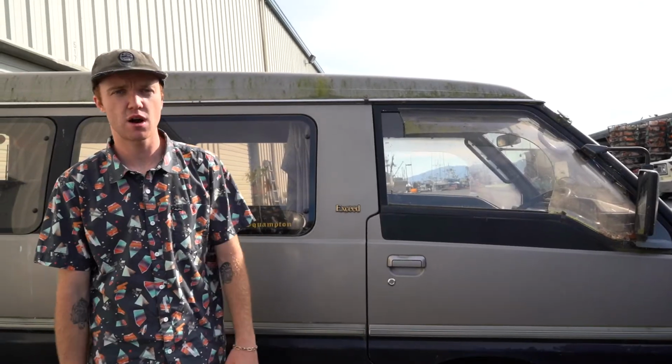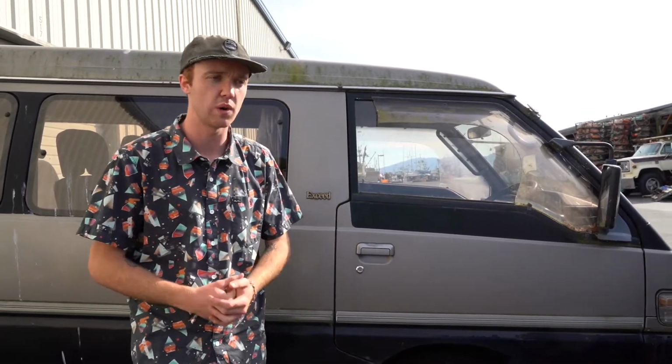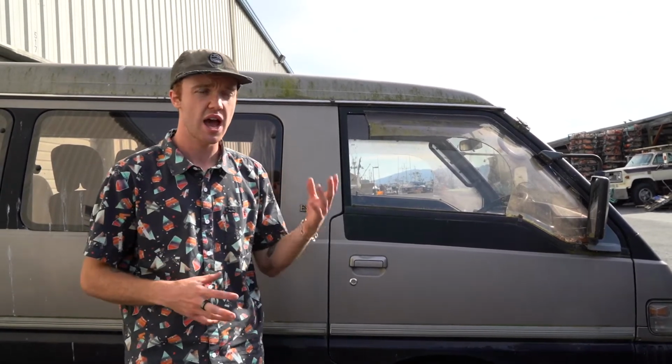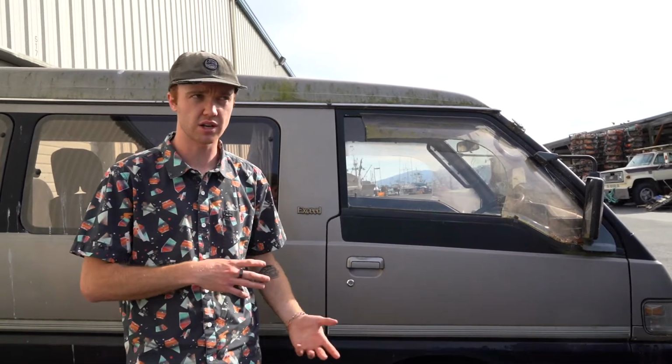So piggybacking off of that last clip, some of the ways that I'm going to go about trying to purchase and acquire this Exceed. Well, first off, I'm going to leave a note, which is kind of the traditional way of wanting to buy a vehicle or buy whatever you're leaving that note on. But considering that it is a storage unit and it seems like there's a lot of kind of just abandoned junk and whatnot in this area, the note might not be as effective as actually trying to figure out who owns the storage unit and then potentially asking them who the owner is of the Delica,